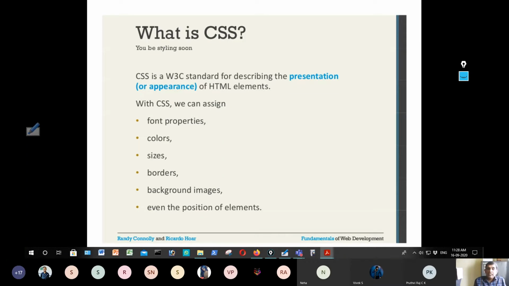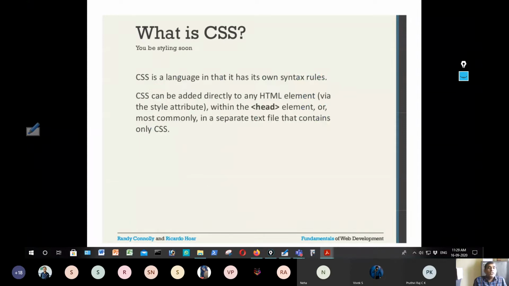So okay, that's what CSS is: a standard defined by W3C, a style sheet language that gives style to the web document. The CSS language has its own syntax rules, just as HTML has its own syntax. An HTML document consists of one or more elements. An element consists of control and contents. Control is nothing but a tag. Content is the actual content of a given element, which may be text, image, audio, video or animation.